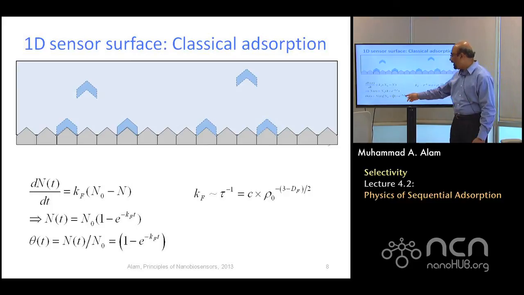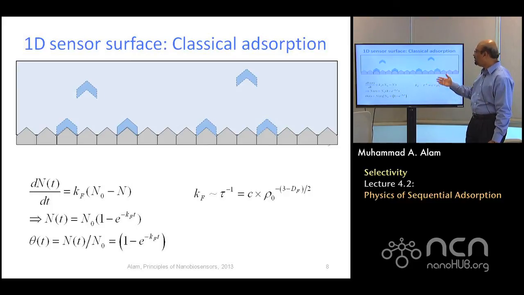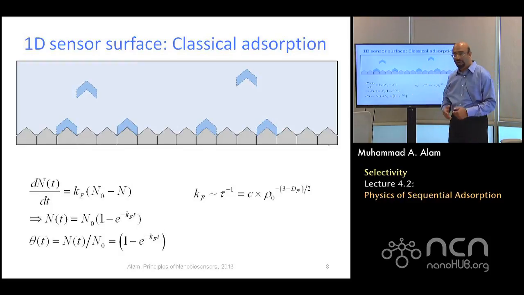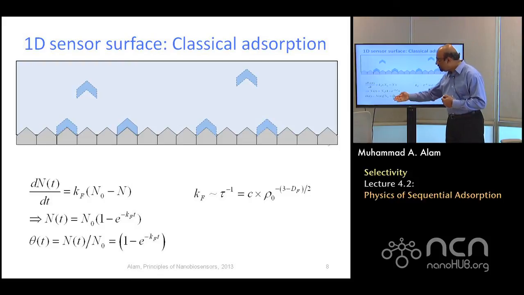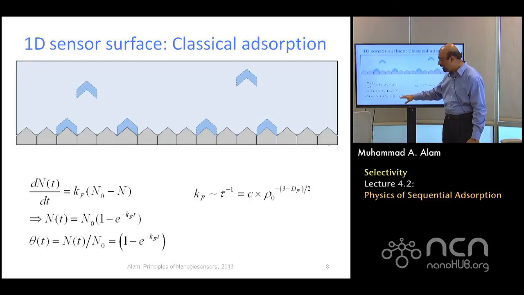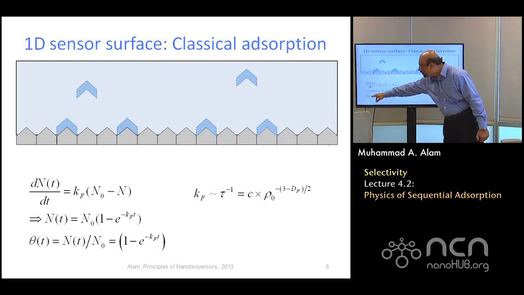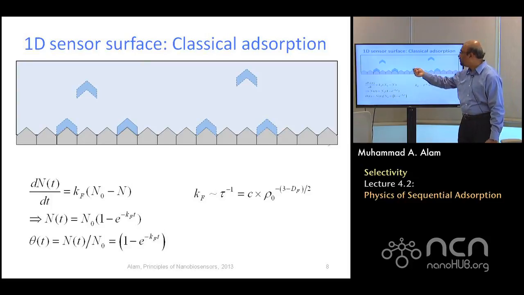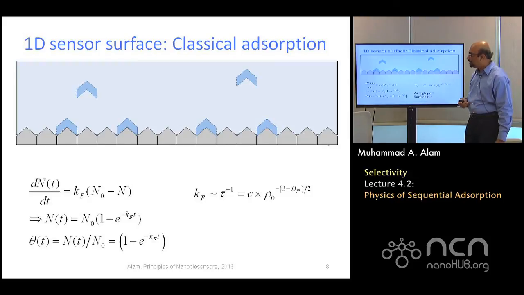And of course, this Kf depends on the diffusion, and we have already discussed the relation between arrival time and the fractal dimension. So you can put it in and solve the problem. So if you are willing to wait long enough, then everything will be good. In this particular problem, 100% coverage is possible. If you are not willing to wait long enough, or accidentally if you don't wait long enough, you will see only a fraction of the surface covered, and you will be in trouble, because in the places where things are not covered, parasitic molecules will come in and produce spurious signal.